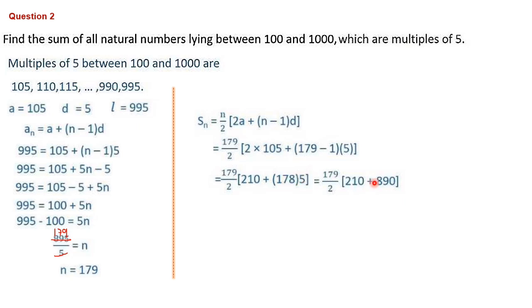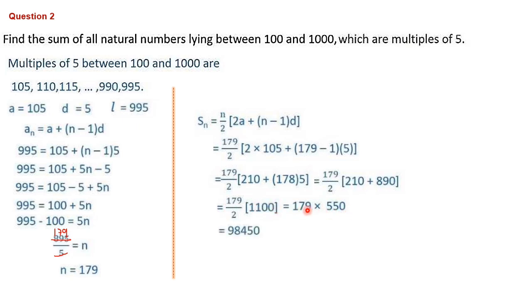When you do the mental calculation, you can do 1780, half of that is 890. Mental calculation is better, 890 we have got, 178 into 5. Then we can add these two inside the bracket, 179 by 2 into 890 plus 10, that is 900, plus 200 is 1100. Then just do the division, 1100 divided by 2 will be 550. So quite simple, this is 110, half is 55, then one more 0, so 550 we have got.